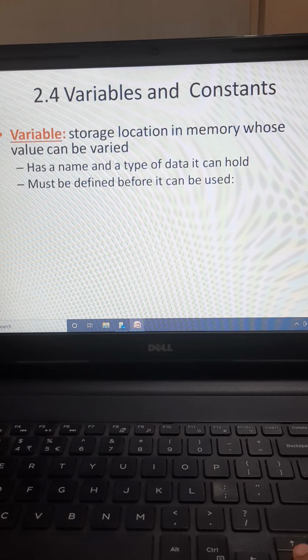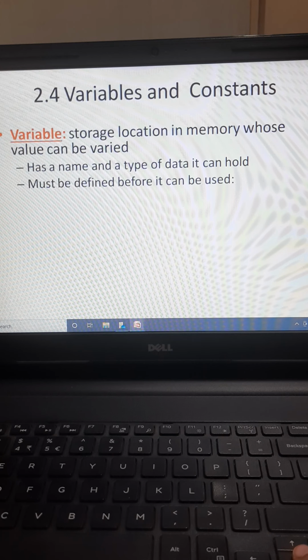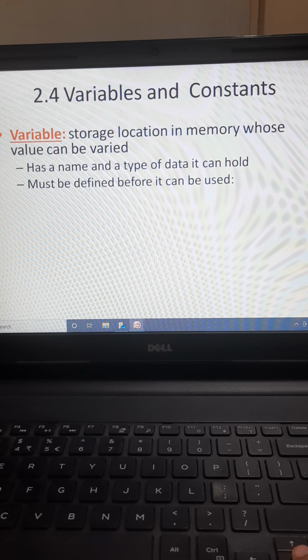That radius value, whatever the user inputs from the keyboard, has to be stored somewhere in the computer's memory. Then when we compile and execute the program, the current value of the variable is kept in that storage location, accessed by the program during execution, and then the output is given.